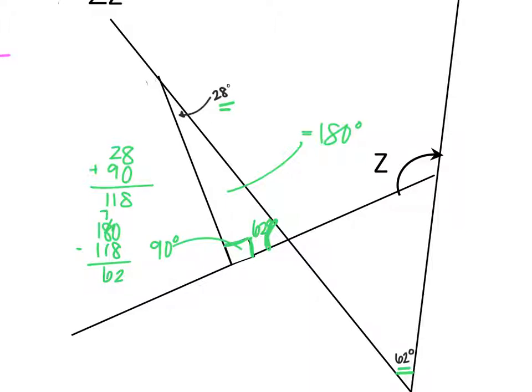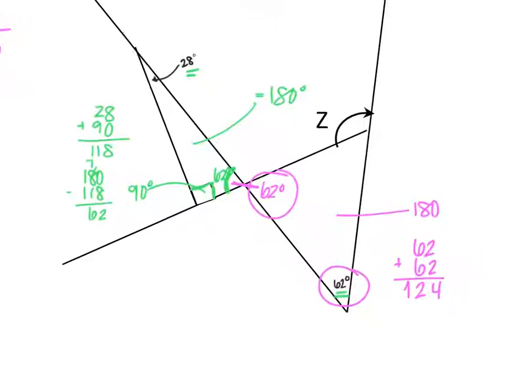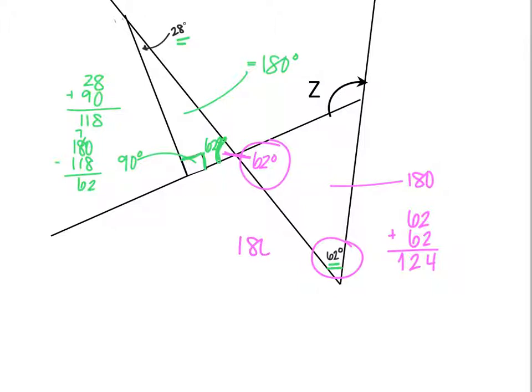Now, according to vertical angles, whatever's across from it is also the same. So this also is going to be 62 degrees. Well, again, I have 180 degrees in a triangle. I have 2 angles that I know. I'm going to add them together and subtract them from 180. So 62 plus 62 should give you 124. So then I'm going to do 180 because that's the whole entire triangle